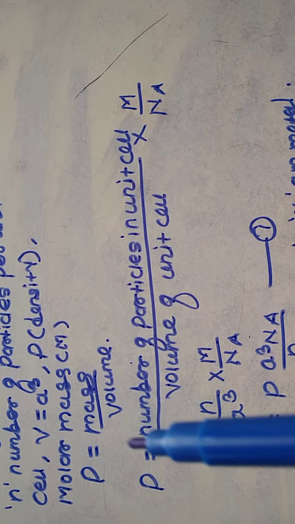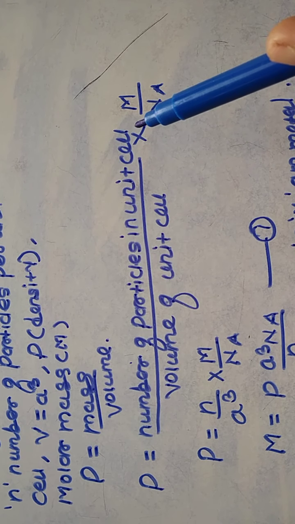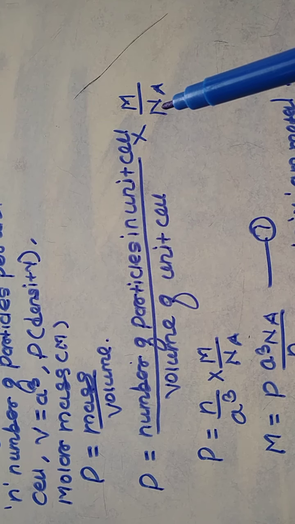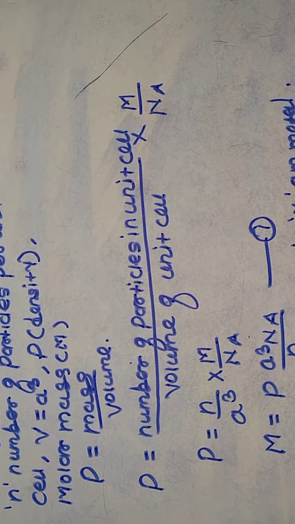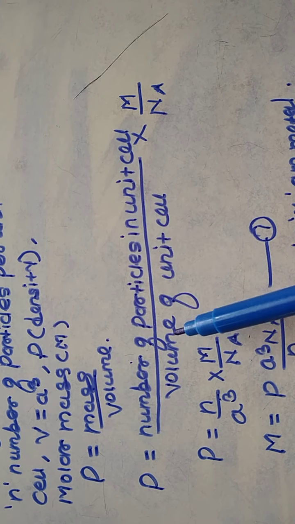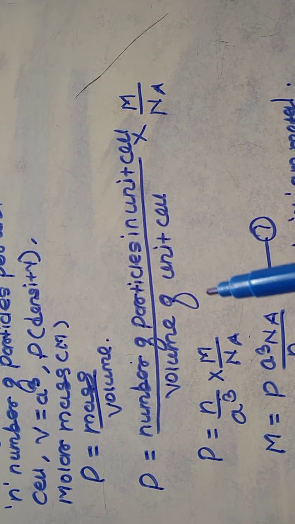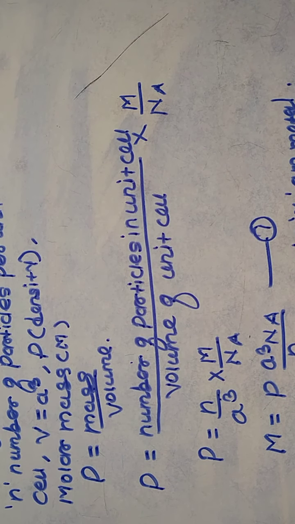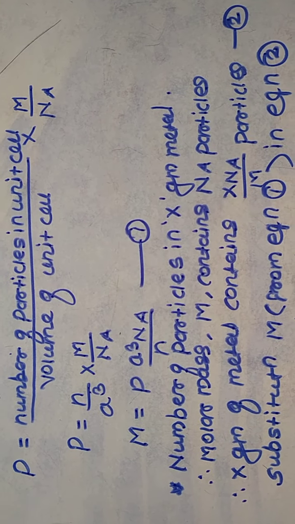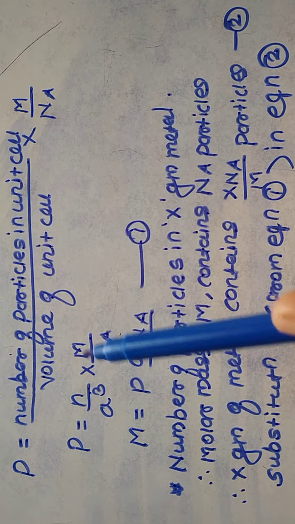What is the mass of the unit cell? How can we calculate the mass of the unit cell? Simply, the number of particles in the unit cell into M divided by Na. Then density is equal to n, the number of particles, divided by the volume of the unit cell, a cube, into the molar mass divided by Avogadro's number. By using this formula,